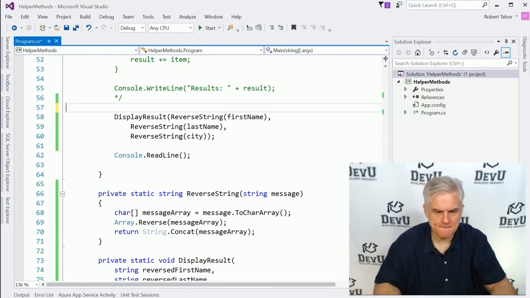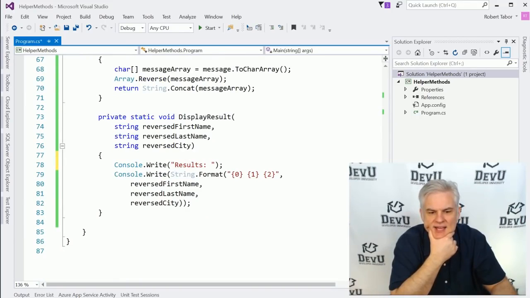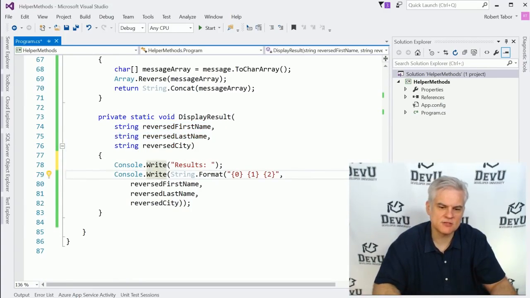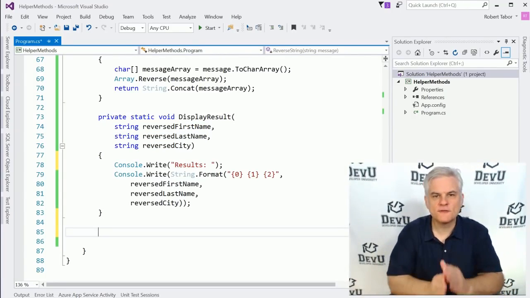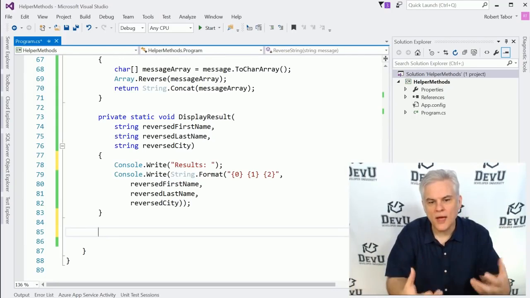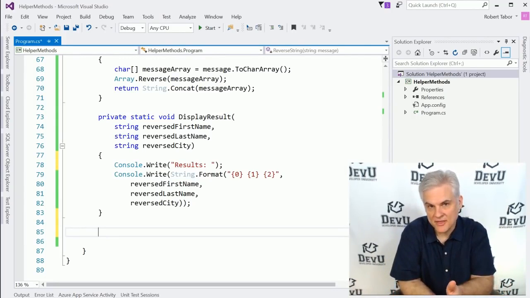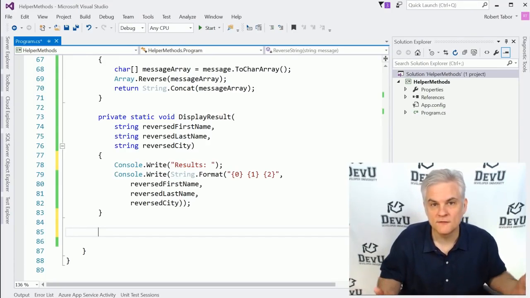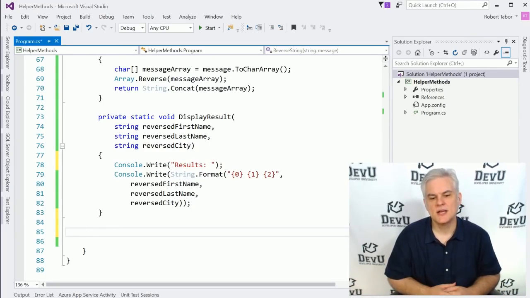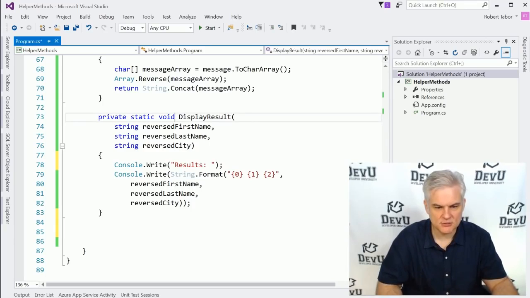Feels like this should probably go into this display result, so that should reduce it from being there. Now, suppose that I don't want to pass in each of these individual values. What if I want to display the result and only pass in one value? What could I do in that case? Well, I can provide additional ways of calling a method by creating what are called overloaded versions of our methods. And in this case, what I'll simply do is I'll start out